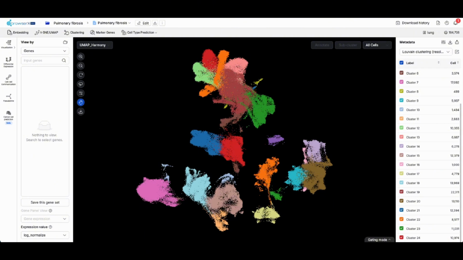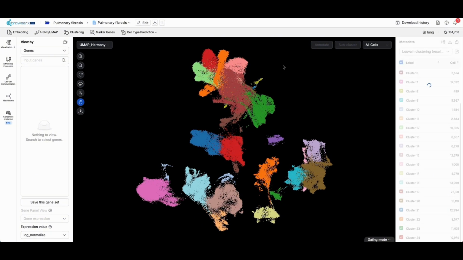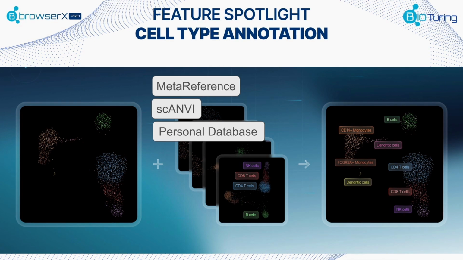Performing clustering at this resolution yielded a total of 24 clusters, and each cluster could represent a unique cell type. However, proximal clusters can also represent the same cell type. Now comes the task of cell type annotation. This is often a laborious task that relies on prior knowledge of key marker genes for each cell type. However, there doesn't exist a consensus list of key marker genes, nor can you find a list of marker genes for rare cell types. Thus, BBrowserX Pro offers an automated method for cell type annotation, only requiring manual review and